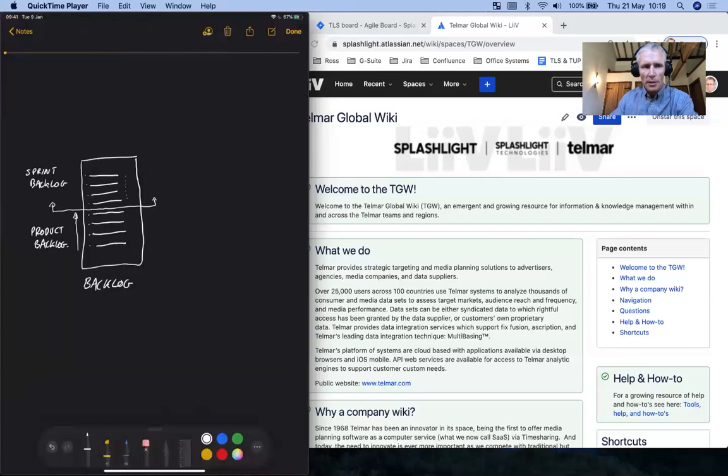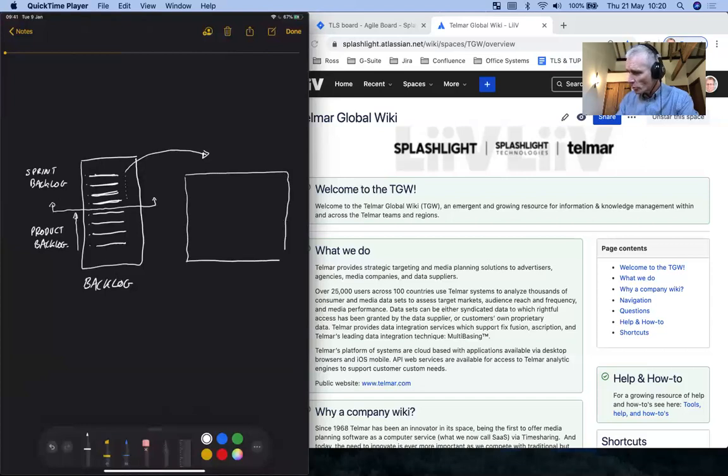And then what we do with this sprint backlog, so we call these items stories, whether they're bugs or new development or change requests, those then go over here and they go onto what we call the board. And the board is the sprint board. I will ask you to literally imagine a whiteboard on the wall, and this is the way it would have used to have been done.